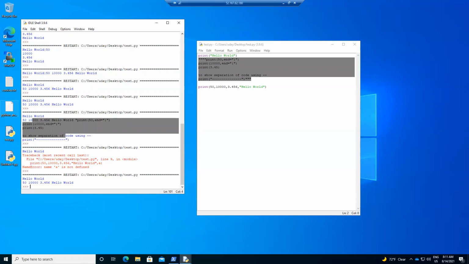So let's try more print statement examples. So if I want to